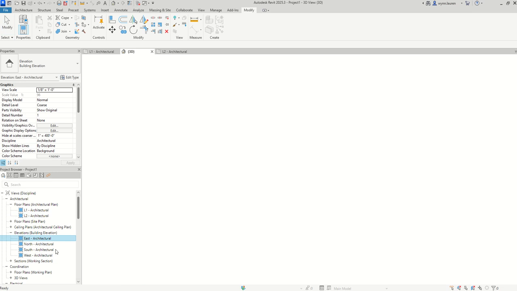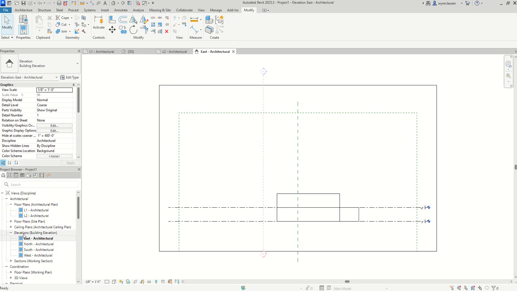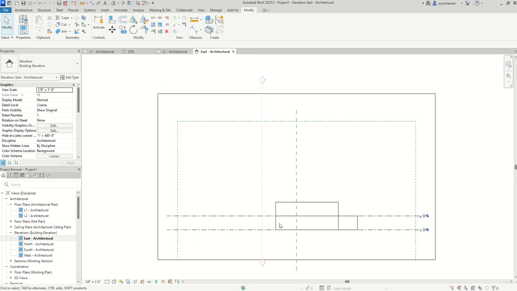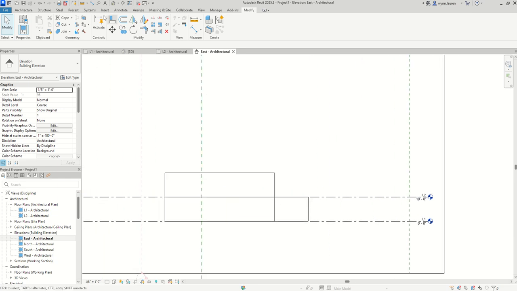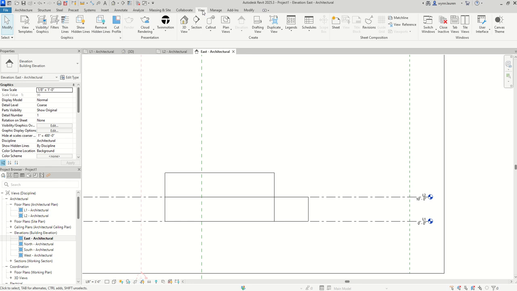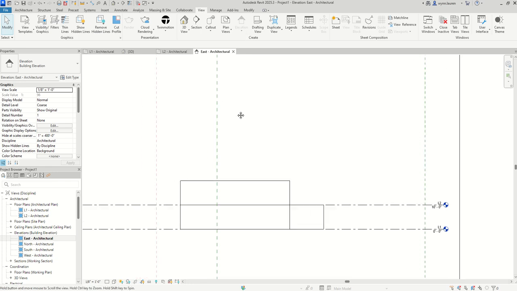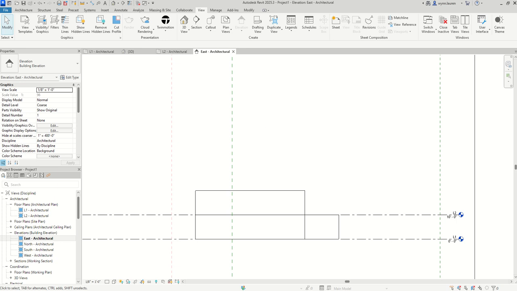In Revit, you have to open up an elevation view, okay? Because you have to isolate the dimensions. All right, so if we open up any, it doesn't matter which one, okay, we're gonna see our level 1, level 2 over here. And then if you go to the View tab,